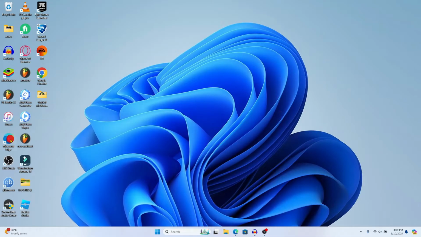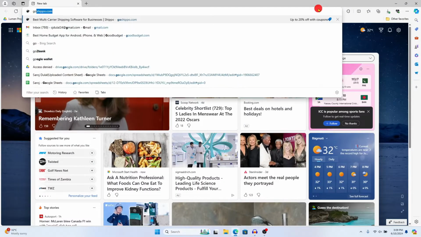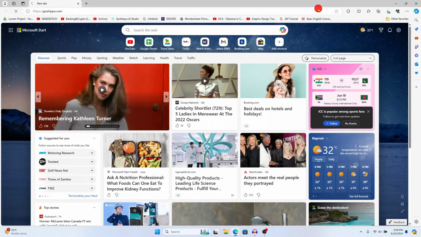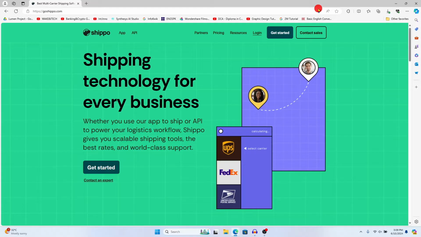First of all, open up your web browser and then in the address bar type in goshippo.com and press enter. You will now be taken into the official Shippo website. Now from the homepage, click on the login button at the top right corner and this will take you into